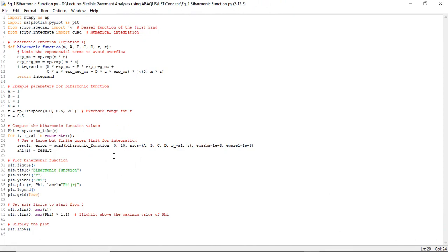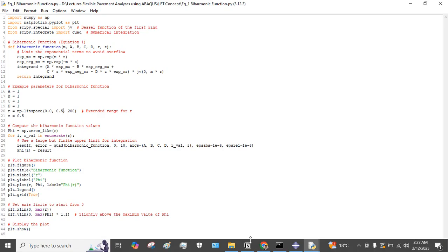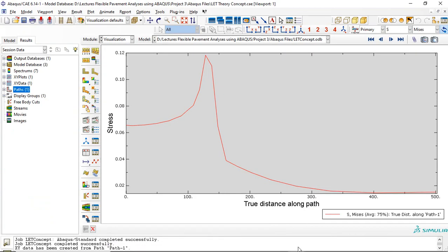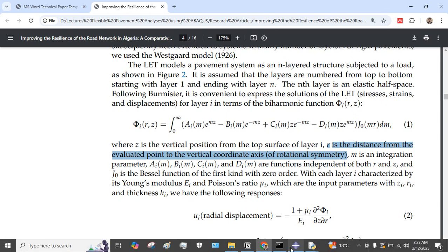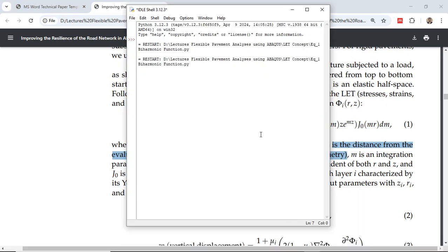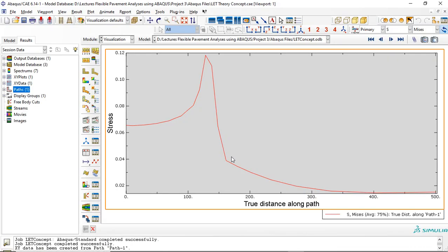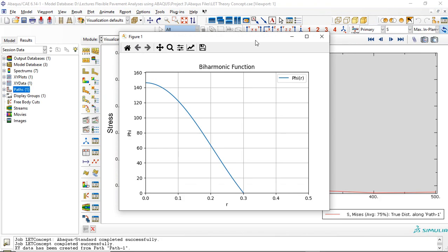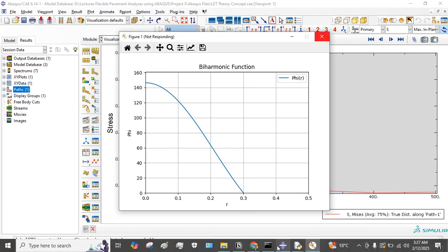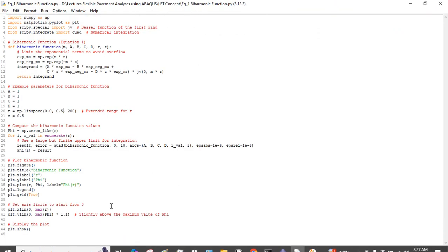So this LET concept, if you study this LET concept, it's very important to understand the theory behind this LET concept before you are working on ABAQUS environment. And I think the Bessel function and biharmonic function are way too much important before starting working on a LET concept. So now you can see this portion is trimmed here,